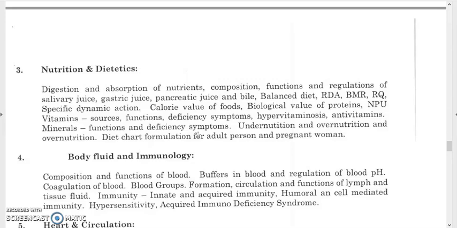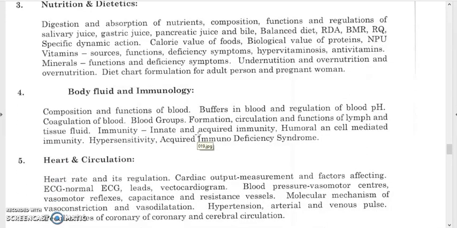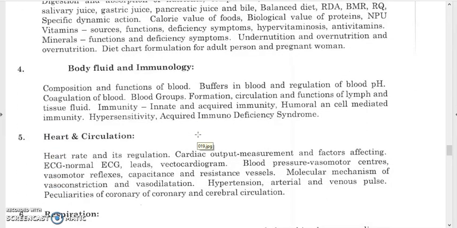antivitamins, minerals, function, deficiency symptoms, undernutrition and overnutrition, and diet chart formulation for adult person and pregnant women. Body fluid and immunology, here you have to study about the different blood cells, how the blood cell formation occurs, how the blood cell functions, buffers, different buffers in blood, how the coagulation of blood occurs, you have